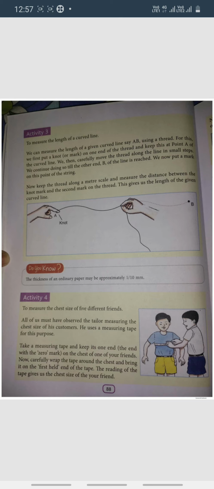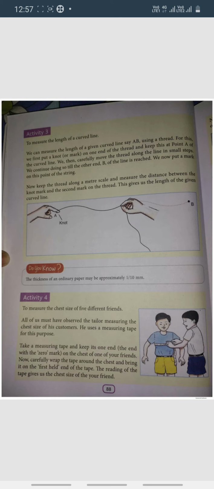You are using a notebook and there are many pages in the notebook, and you can measure the thickness of all those pages. Suppose there are 100 pages in a notebook, you can measure the thickness of all those 100 pages. Then it might be half a centimeter or 1 centimeter maximum. The notebook has a thickness of 1 centimeter or half.